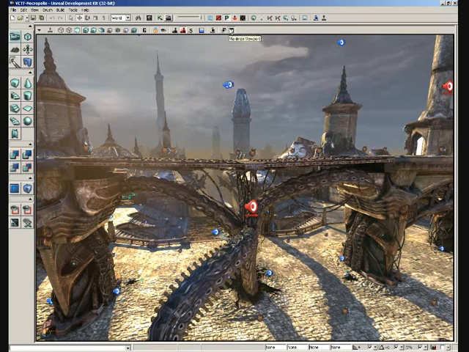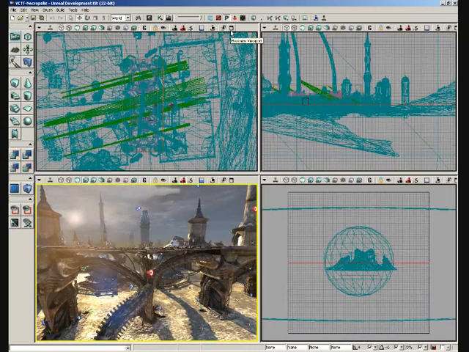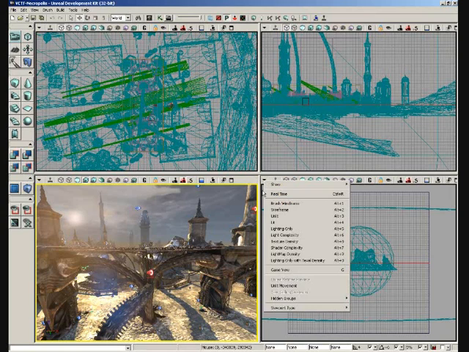Now let's de-maximize the viewport. So remember that maximize viewport button we clicked? I'm going to click that again to make that go away. Now using some of the things we've already learned, I'm going to pick on this viewport here just to the right of our perspective viewport, and I'm going to set this